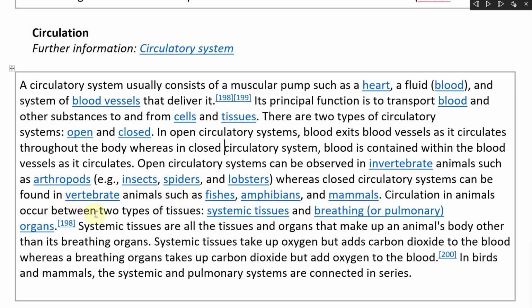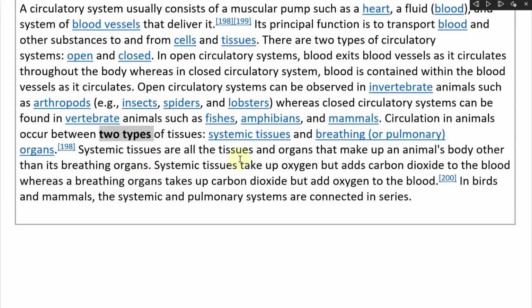Circulation in animals occurs between two types of tissues: systemic tissues and breathing or pulmonary organs. So in mammals you have two types of circulation there. Systemic tissues are all the tissues and organs that make up an animal's body other than its breathing organs. Systemic tissues take up oxygen but add carbon dioxide to the blood, whereas breathing organs, or just I think